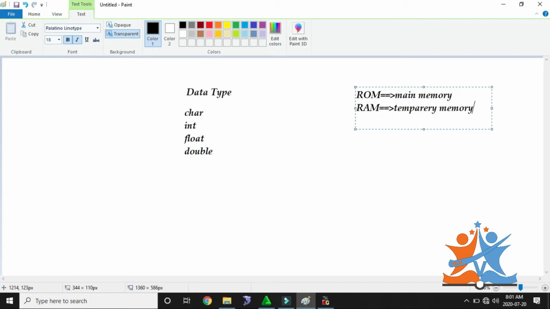Those types of data we call main memory or permanent memory type of data. For example, if I provide one value to the system, it collapses whenever my system is restarted or shut down. So RAM is indicated for temporary memory.